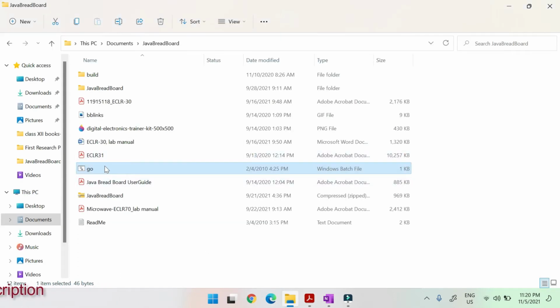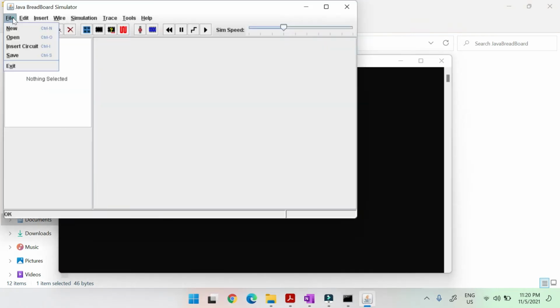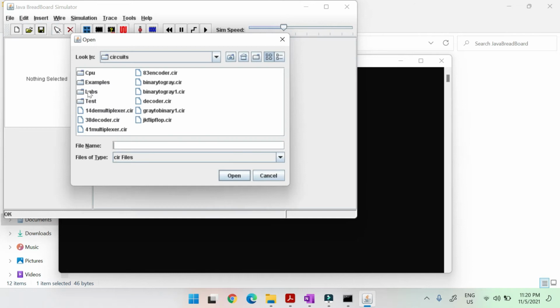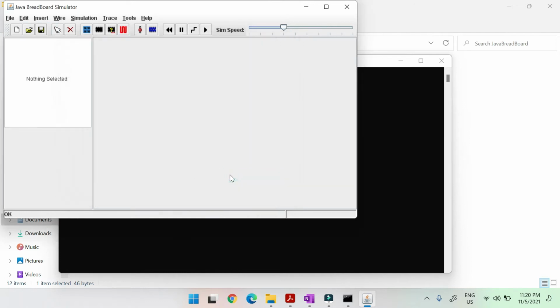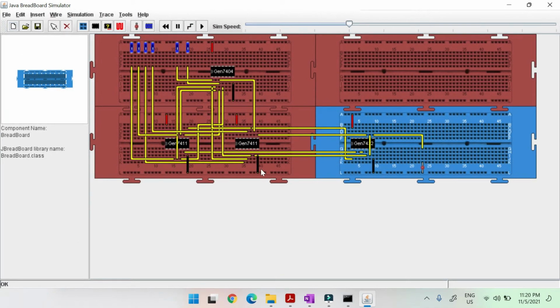For this, what we have to do, we have to open our Java breadboard simulator, and it will not take much of your time. See what we have in this. I have taken 4 inputs, that is as a switch. We can provide 0 or 1 according to our requirements. Similarly, I have taken 2 select lines as 2 switches.